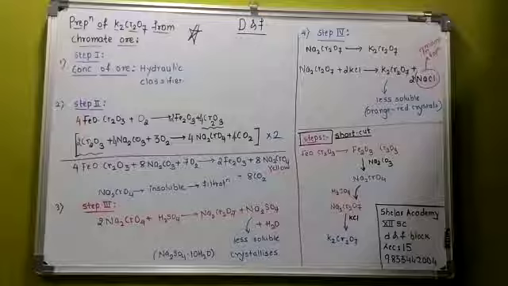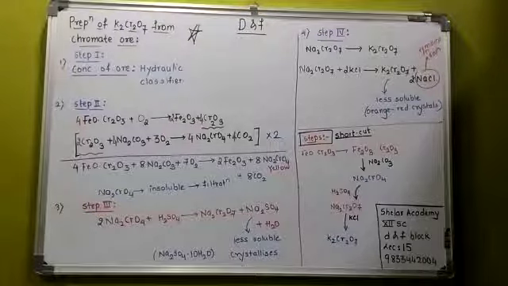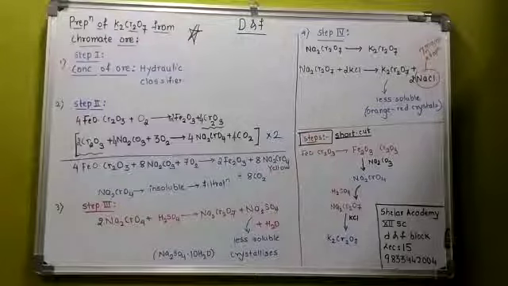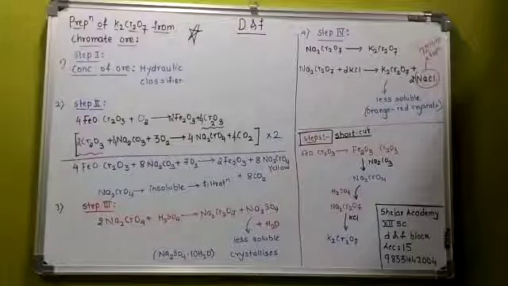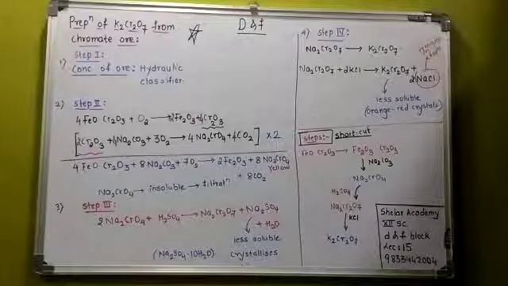So what are we supposed to do? So that step number 4 is what? Conversion of sodium dichromate to potassium dichromate. So the concentrated solution of sodium dichromate, it is treated with KCl. It is an example of double decomposition reaction. Reaction आपको आएगा, बैलेंस करने को भी इजी है.